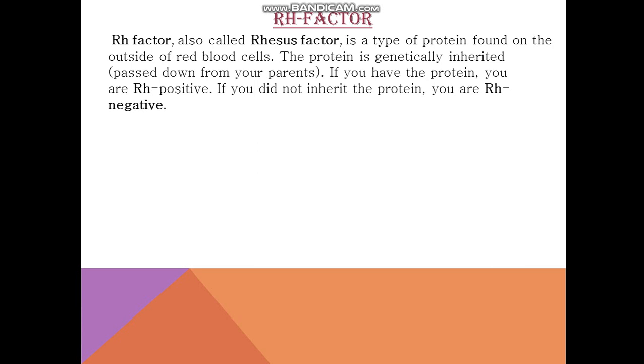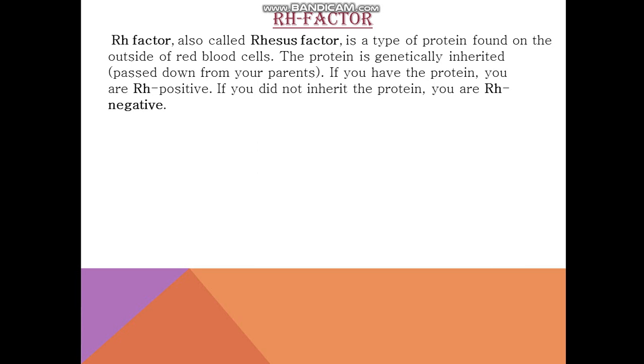Okay, so if you have your notebooks with you and you have read the notes, you must have come across a cross given in which capital R capital R is being crossed with capital R small r. Here capital R codes for Rh factor. If there is a capital R present, the person will be Rh positive. So if you can open up your notebooks, capital R capital R cross capital R small r.